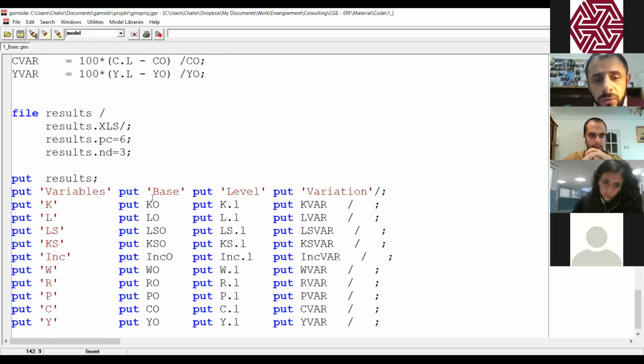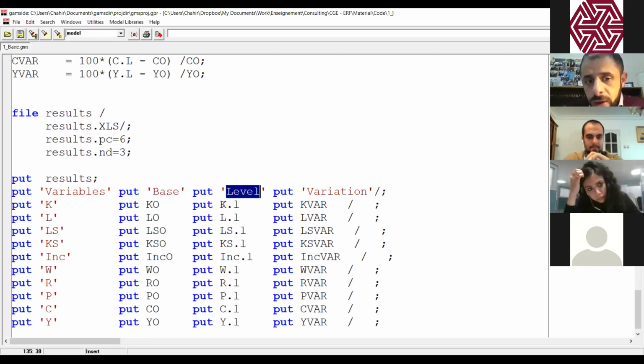Then the second column, we have the values of the base year, K0, L0, LS0, and so on. Then in the level, we have the new value of each variable. So I have the new capital, the new labor supply, the new capital supply, and so on. And finally, we have the variation that shows the growth rate of each variable, okay?